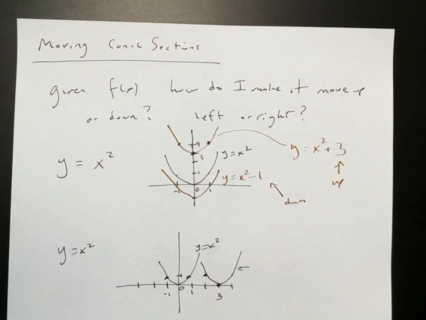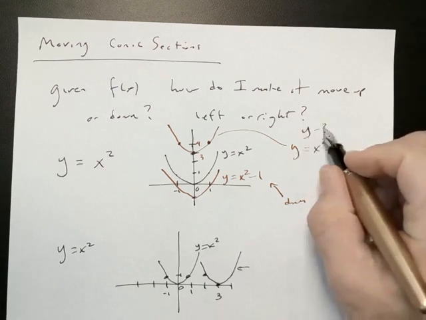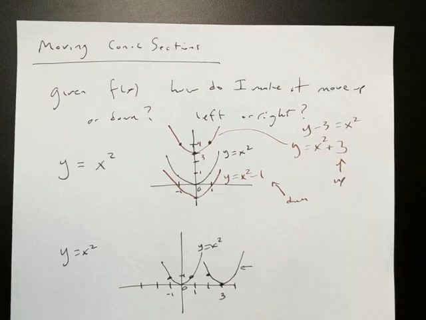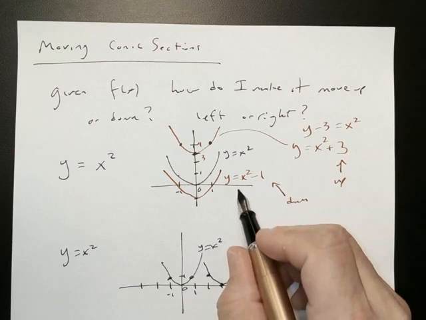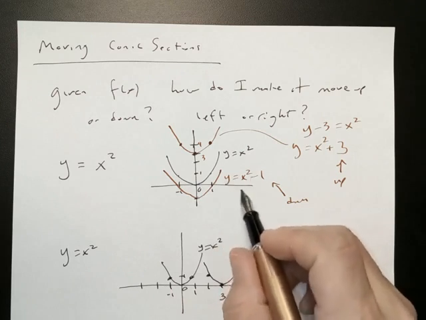I'm going to take the equations we have above, where we moved up or down. I'm going to move those changes over to the y side. So instead of writing this equation, y equals x squared plus 3, I'm going to write it y minus 3 equals x squared. Since I changed the y, I'll put the changes with the y. Then the other equation becomes, if I move this change,